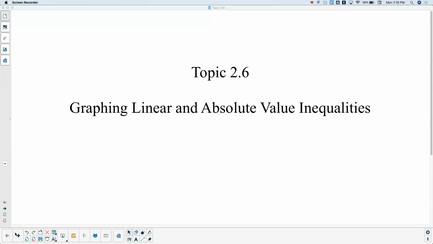All right, so on Thursday, we were talking about graphing linear inequalities. Today, we are going to talk about graphing absolute value inequalities. Since they are very similar in that they come out of the same section of stuff,